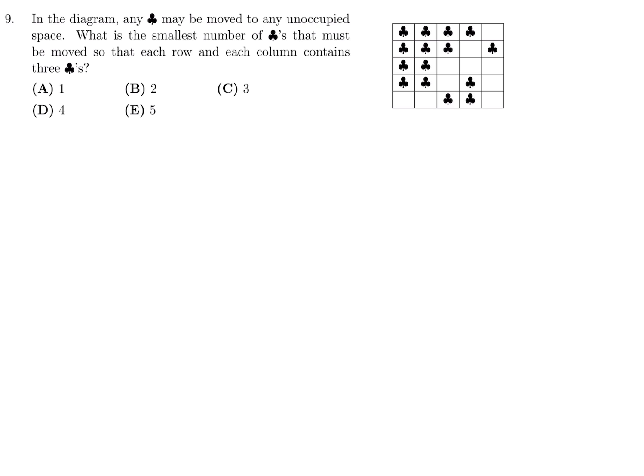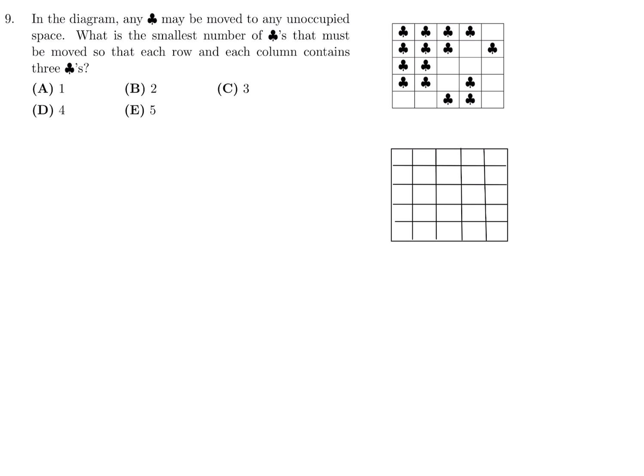In the diagram, any club may be moved to any unoccupied space. What is the smallest number of clubs that must be moved so that each row and each column contains 3 clubs? Okay. So I guess we have to fiddle around with this. We have to create a scenario where every column and every row has exactly 3 clubs. They have not used the word exactly, but I'm pretty certain that's what they mean. All right. Well, after fiddling around and looking at this, the way it works is that you keep this guy,